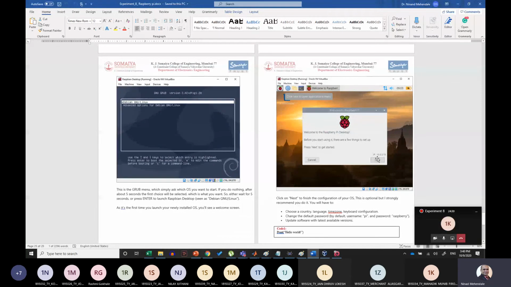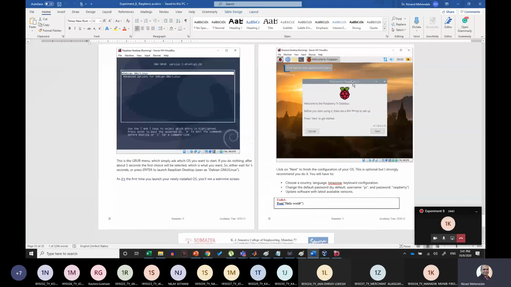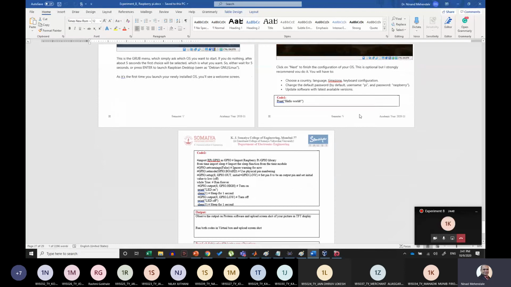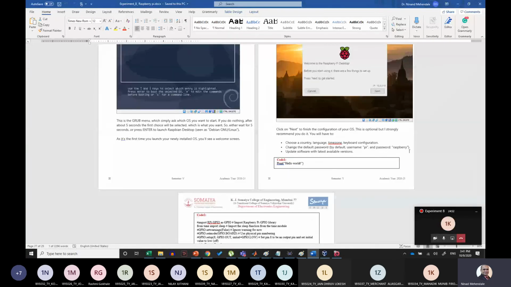Okay, then you have to do some next settings like configuration the keyboard type, then setting up a default username password, and if you want to update, you can update it. But I would prefer don't update it right now because you are downloading the latest version anyway. And then we have to do some coding that we will see in the next part. I will stop recording now. I will share all the write-ups with you and you can start performing.